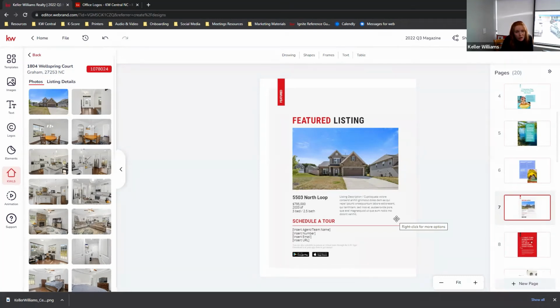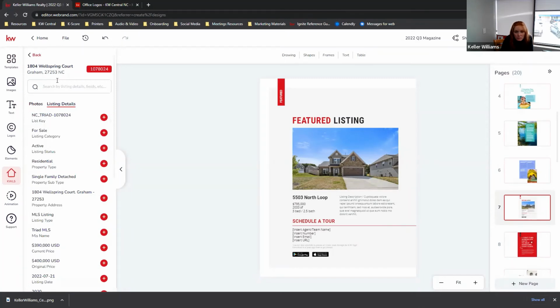Sorry. So asking about the information, click on listing details. And you can go through and all the things are there. You also want to change the address, of course. Now, you have 2 different ways to do this. Depending on how you want to do it, obviously you don't want to sit here and type the entire listing description. So scroll down and find the listing description.